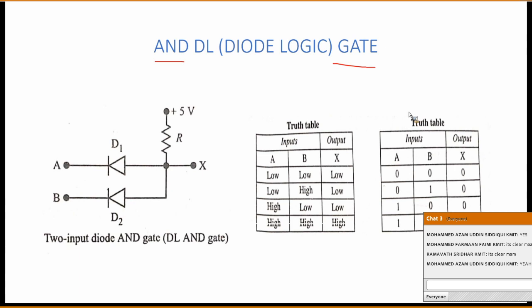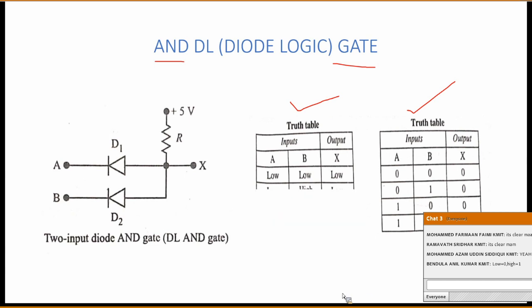So the AND gate truth table is written here. The AND gate is nothing but 0, 0, 0, 1: if any one of the inputs is 0, the output is 0, and the output is 1 only if all the inputs are 1. You can see another truth table where high, low, low, high is written. You might have a doubt about what these high and low are. In practical situations, we don't have devices for generating zeros and ones. We have only devices for generating DC voltages and signals, sine wave, square wave, etc.